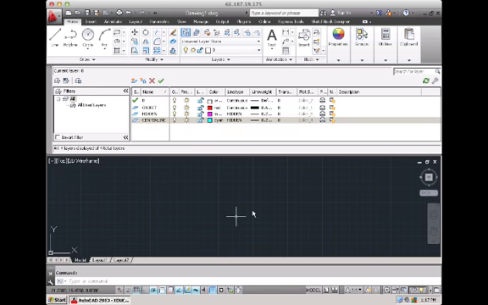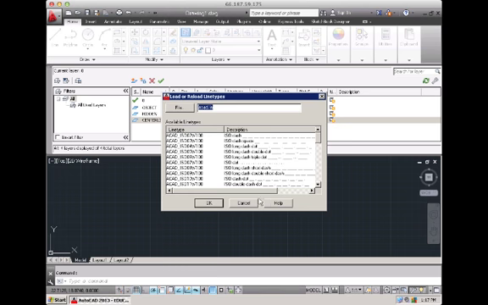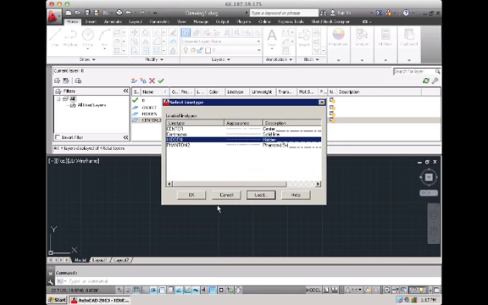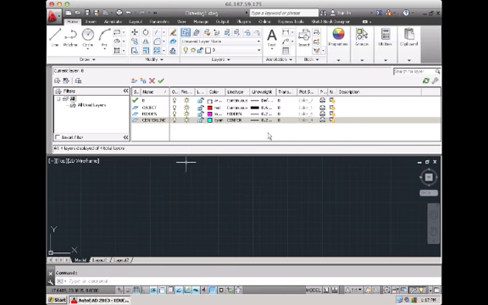Okay, it wants a center line, so we're going to have to redo what we did with the hidden line. Just go ahead and click it. We're going to load, scroll down till we hit center right here. It's going to be the first one. Click OK. Click on center here. We have to double click, make sure that we're clicked on the layer, the line type that we want. Click OK. And the line weight, it's going to be the same, so we're going to leave it at default